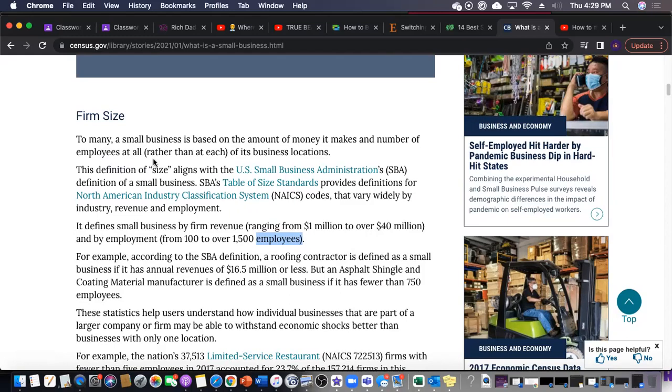This is what they consider to be a small business, which is when you get to 51 or more employees, and notice that word is highlighted, employees. When you start getting employees at a certain amount, you have to provide benefits such as unemployment benefits, 401k, and health insurance benefits. So you do have to start offering those types of benefits when you have over 50 employees.